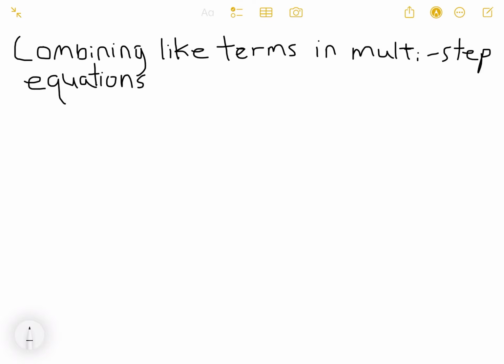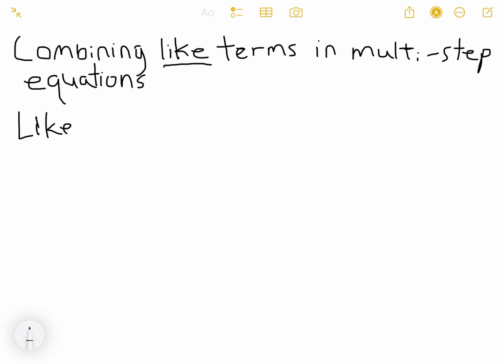Combining like terms in multi-step equations. So when you first think about this, we have to know what each of these things means, right? So we say, well, that's the first thing. What does a like term mean? If anything is like, then it means something, right? What does it mean that we are like each other? We are both humans. So if something is like